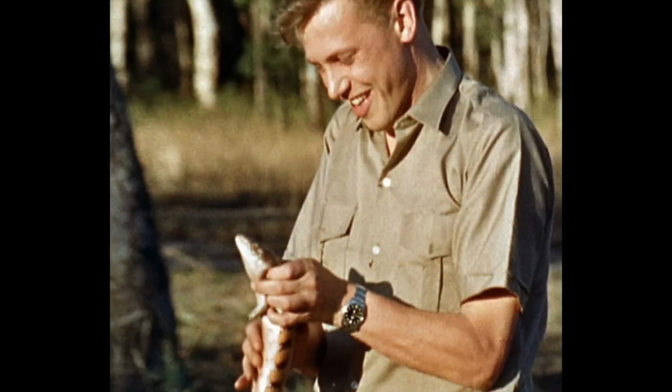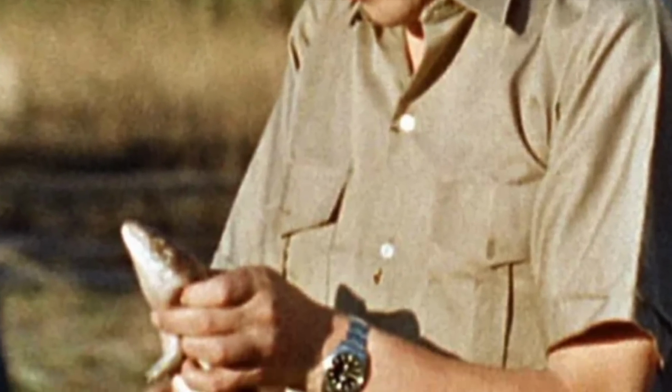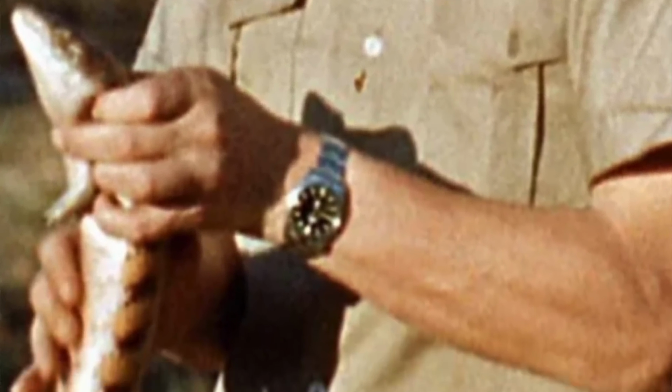Two that have particular resonance for me are Sir David Attenborough, the veteran natural scientist who of course is famous for making television programmes around the natural world. In his earlier life, he was most certainly somebody who embarked upon expeditions around the world in those early days of still discovering species in the far-flung parts of the world. And he wore a Rolex Explorer during his expeditions, which really adds credence to the strength of character of this